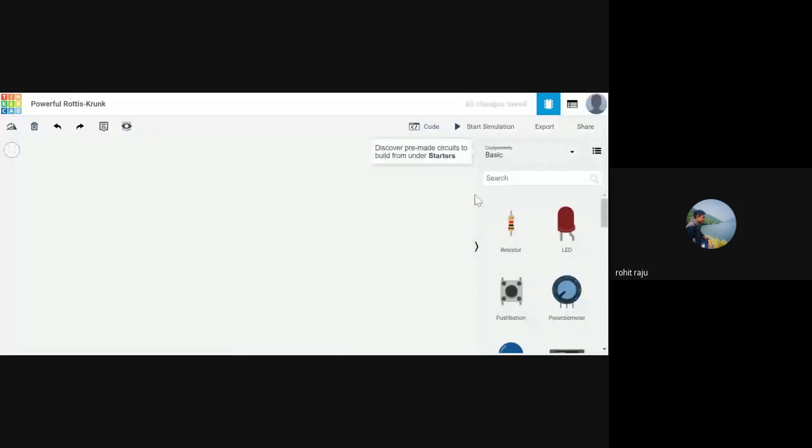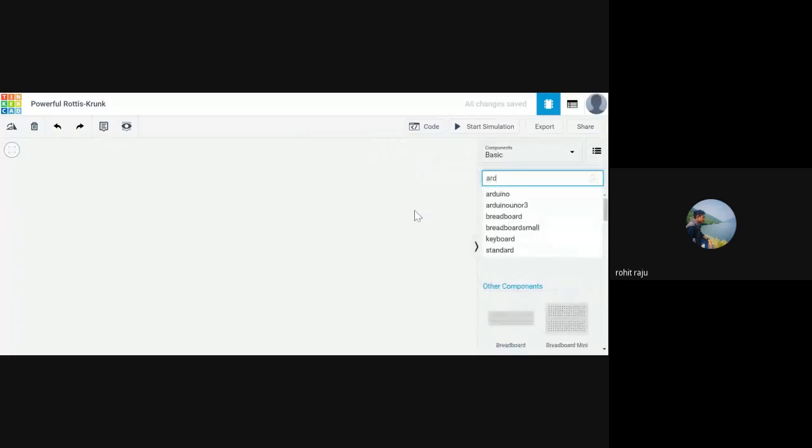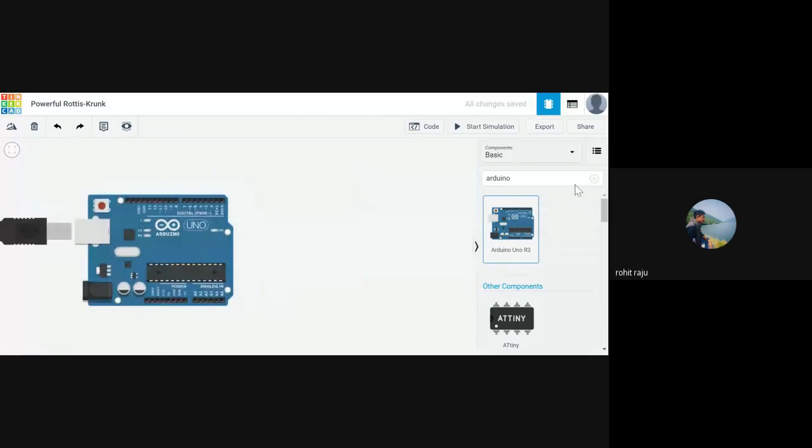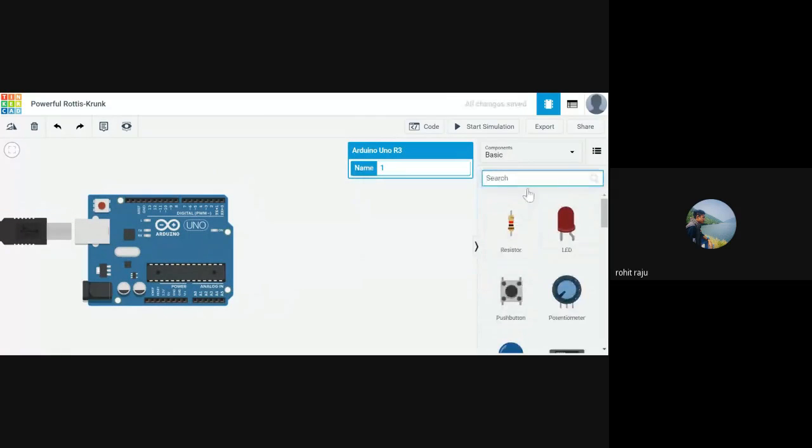So the two important things we need to do here: bring in the Arduino board. This should be quite a bold thing to do right now, right? And a small breadboard. Let's connect.